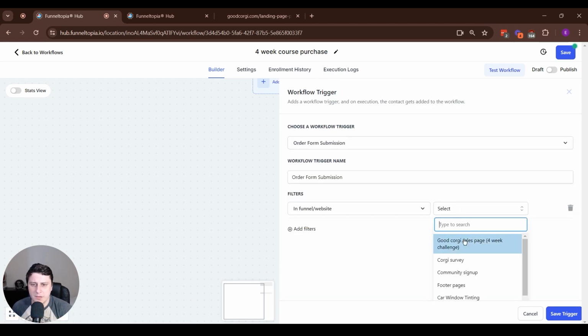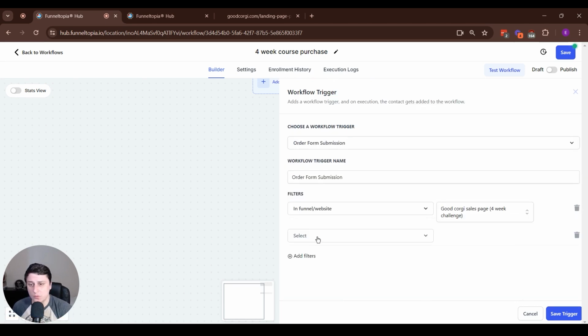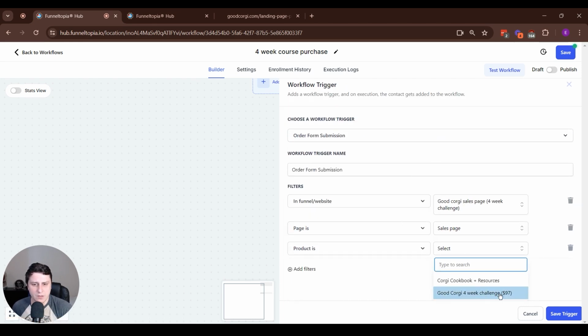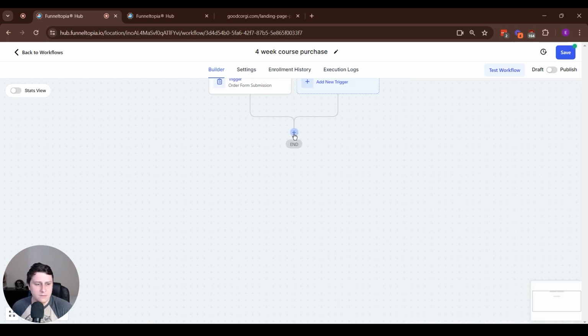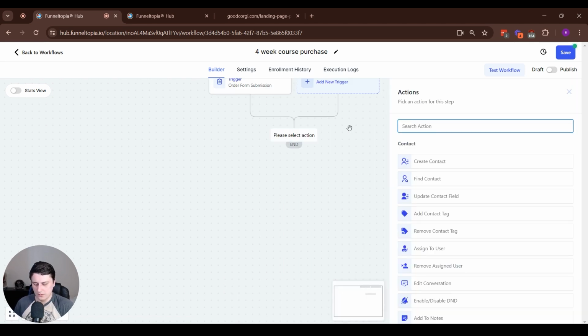Funnel website, same funnel or website. Pages, same page. Sales page, I think it was. Yeah, it should be the same as in the previous workflow. And then instead of submission type, it's product is, and then you put in the product. This is the 4-week challenge, right? Save trigger, and then it will be